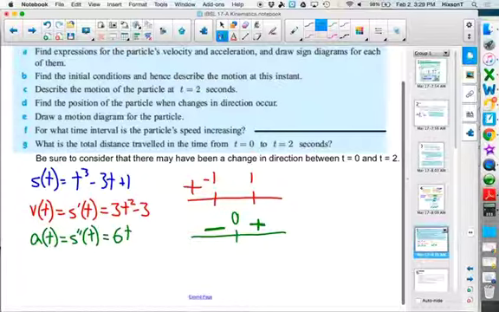Then, if I plug in, say, a 0, negative 3, it'll be negative, so I'm moving to the left. And then once I get past 1, it's still positive, so I'm moving to the right. Okay? Now,